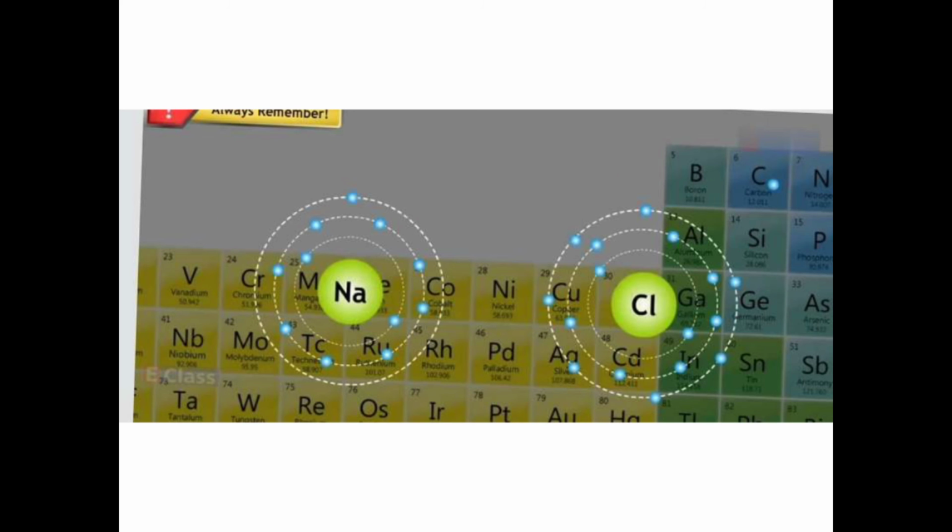Okay. So now let us talk about left to right in a period, what exactly happens. Now from left to right, when you go in a period, the outermost shell remains the same. So whether you take sodium or chlorine, both have 3 shells. Whereas the positive charge on the nucleus goes on increasing: here the positive charge was 11, here it is 17, so it goes on increasing.